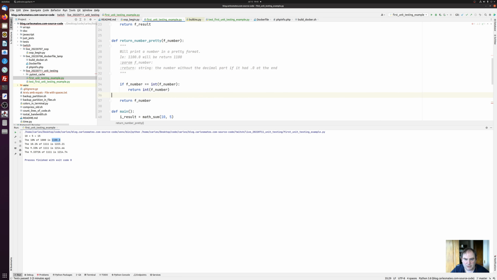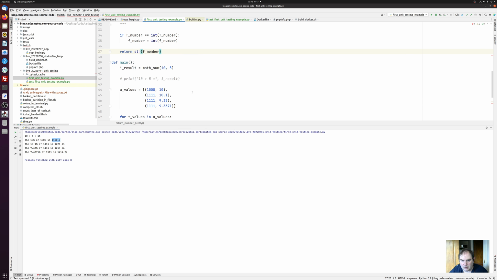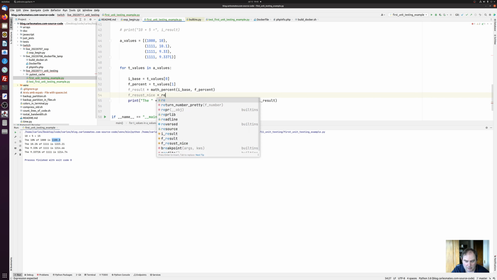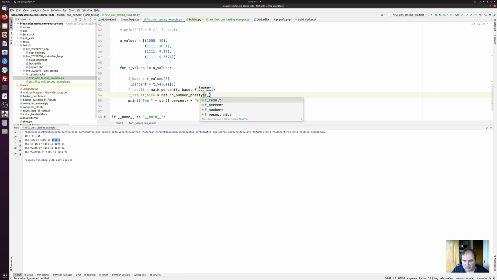Okay, so in this case what I'm gonna do is tell that f number is equal to inversion of itself, and I'm gonna return the string of f number always. All right, so f result nice is equal return number pretty of f result, and I'm gonna print the f,